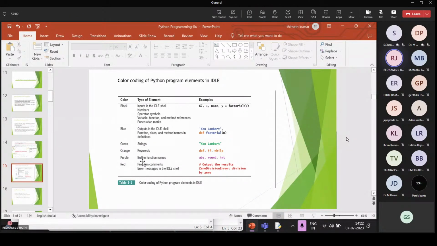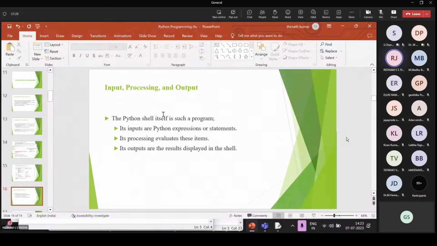Built-in functions appear in purple, such as abs, round, and int. Next, program comments or error messages in the IDLE shell appear in red color. So this is the color coding of Python program elements in IDLE.